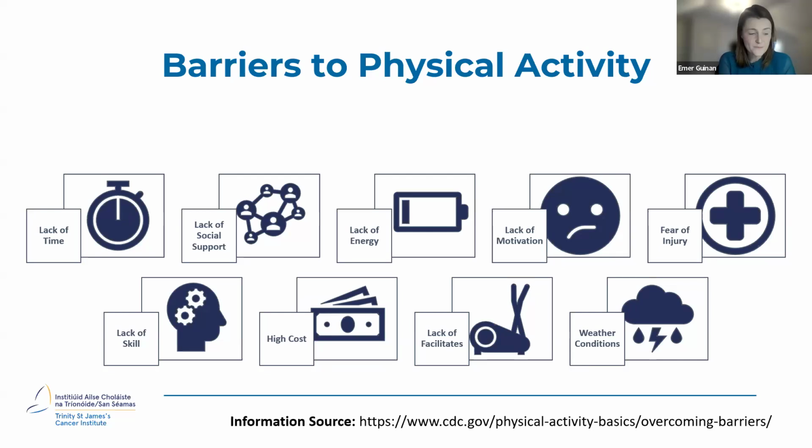Secondly, lack of social support. If you're in a household where everybody's physically active, it might be easier for you then to be more physically active as well, because people encourage and celebrate that. But if that's not the case, well, then you're starting from scratch. You're starting from a different perspective. Social support is really important. Being able to meet a friend or go somewhere with a friend, being encouraged to be physically active, and being part of an overall routine that's celebrated by others within your social network can be really, really helpful.